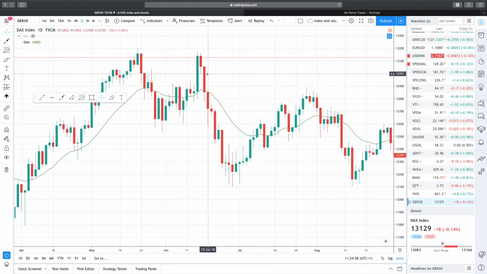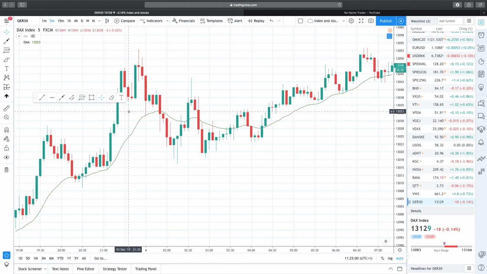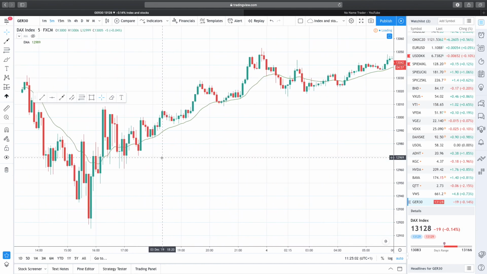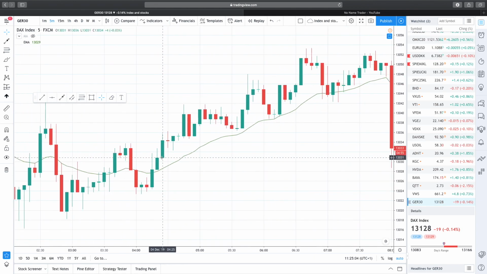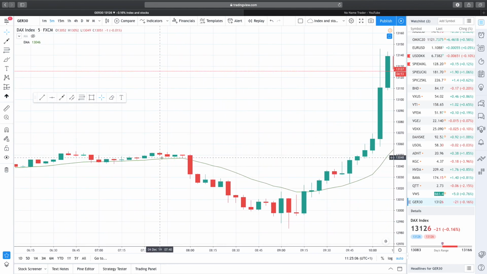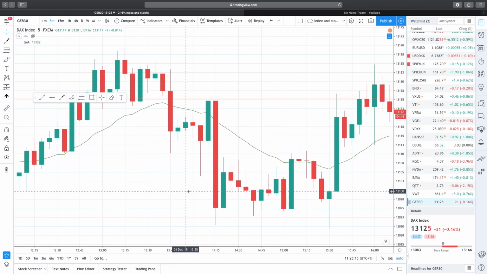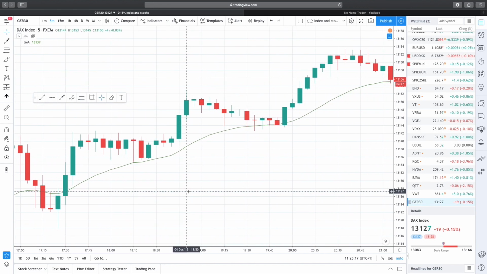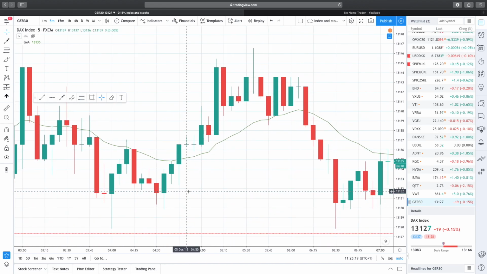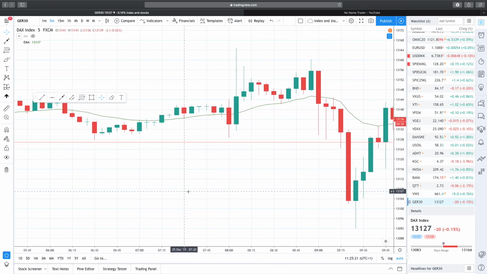whole trade. But getting into the trade, you want to look for the open bar. If the open bar is a directional bar, i.e. it opens near the low and closes near the high, then you want to look for an entry signal. And the entry signal is when we break the high or the low of the bar in direction of the open bar